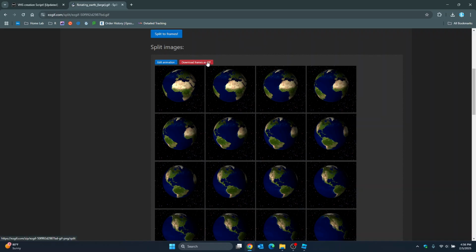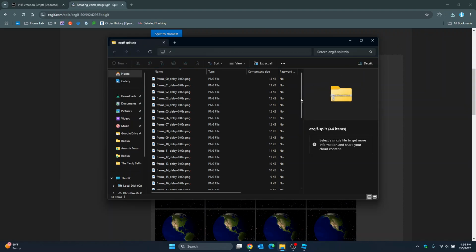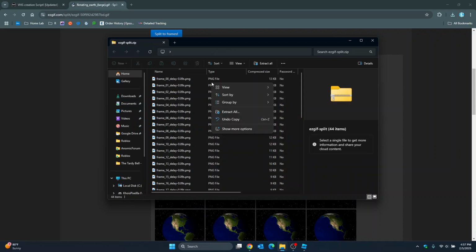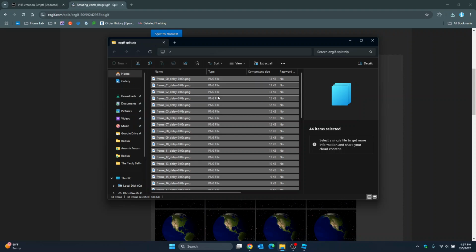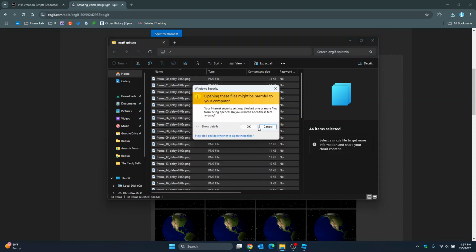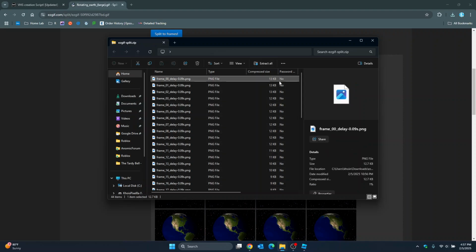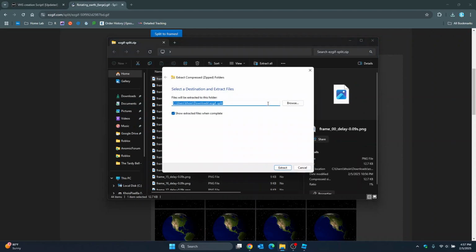We're going to click on download frames as zip. We're going to notice it's going to make a download here. Open that. You're going to want to click extract all. I'm on Windows 11. If you're on another version of Windows or operating system, it may look different. For most operating systems, just click Control or Command A, right click. Okay, it won't let me extract via that. Just click extract all, or the equivalent in your operating system. I'm going to extract it there,